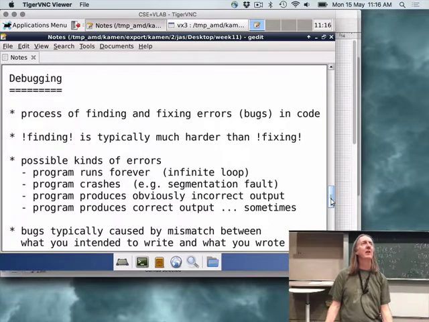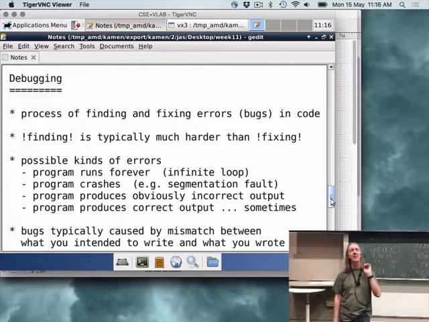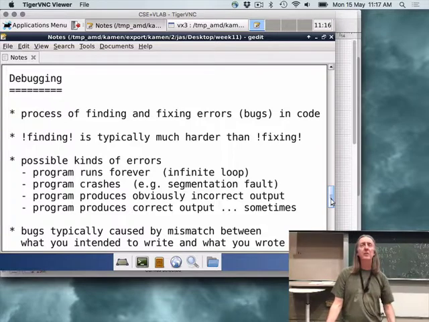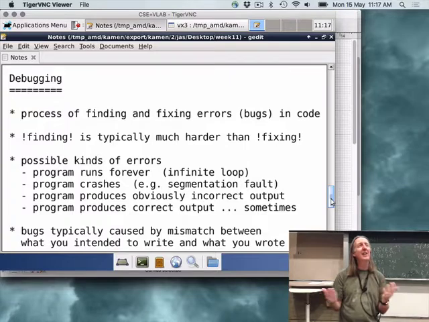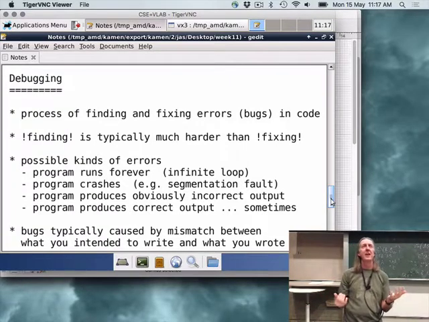The case where the program produces incorrect output is not too difficult to deal with. It requires a little bit of thought. The case where the program crashes, you just go to the debugger, look at what the state is, and you'll probably find some variable that has a ridiculous value, so you'll know what went wrong. When you've got incorrect output, then you've got to think a little bit about what output you were expecting. All right, this is what I got. Can I think of a reason why this output might have been produced rather than this output?